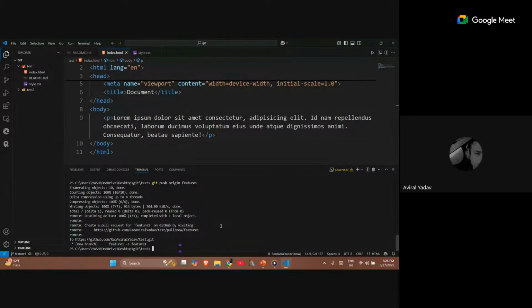Okay, so this was all about branches. And after branches we come to pull requests. Now, as I said, there are multiple people working on a single project. Let's say 10 people, and you have created multiple branches for these 10 people. Let's say there are 3 groups of people. One has to add a particular feature 1, another has to add feature 2, and then comes feature 3. So to add these 3 features, we have created 3 teams.